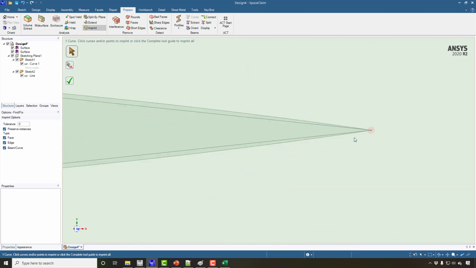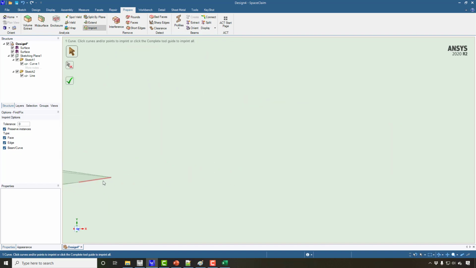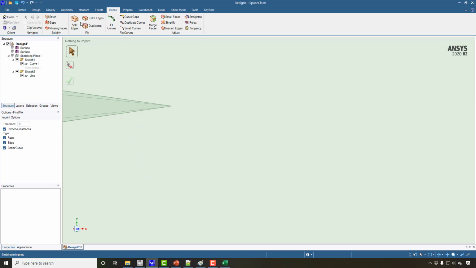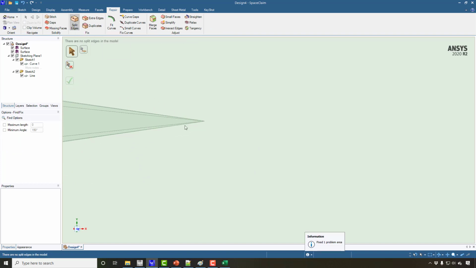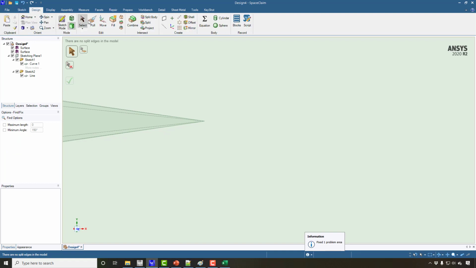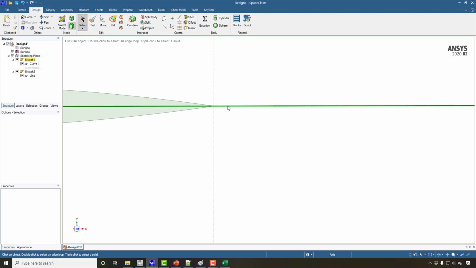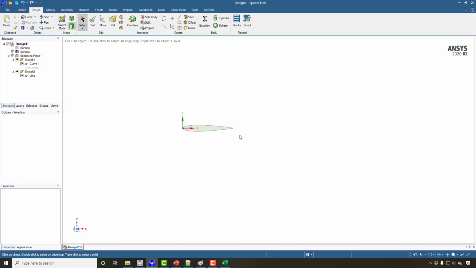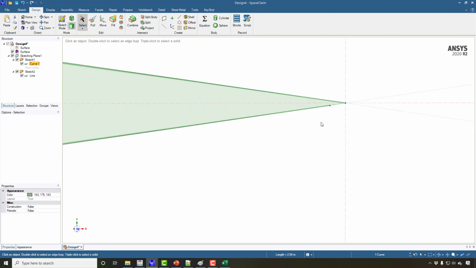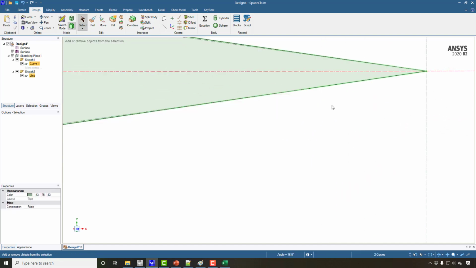So first I will click on this line and then this line. And also if we can get the split edge out of here, I can click here, and you can see that now this edge is no more split. So just hide this first surface here and try to choose this body.